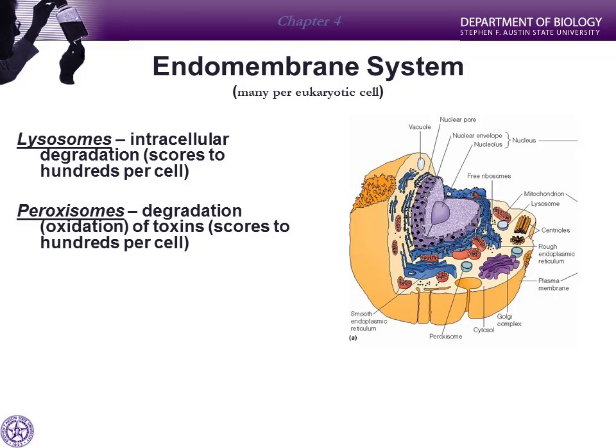Do you remember what we call that process of a cell bringing in material? What kind of cytosis is that? Endocytosis. When we make this membrane-bound compartment where we have trapped some food, these lysosomes are going to fuse with that compartment and release those enzymes into that area so it can digest and destroy that material. So think of these almost like your digestive enzymes in your stomach.